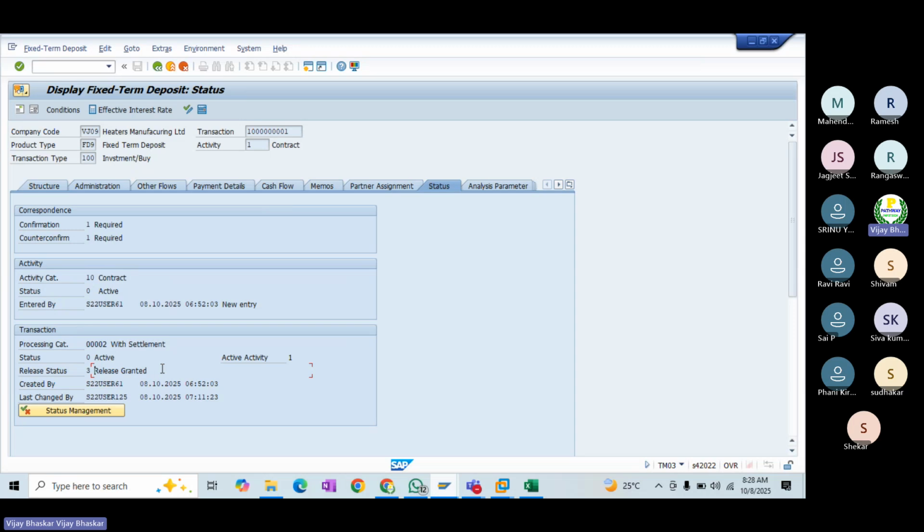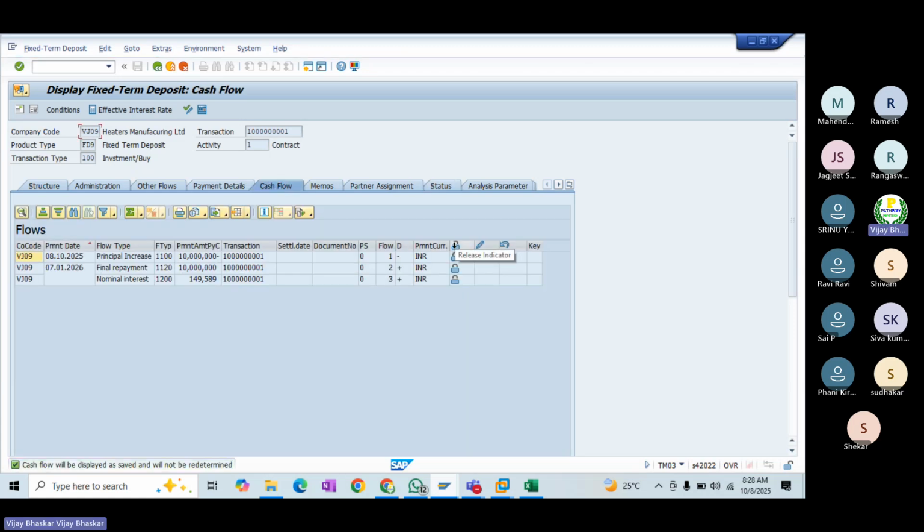For your information, as soon as you release the deal, you can see that the cash flow is still not yet released. The flows are not yet released. Settlement is still required.